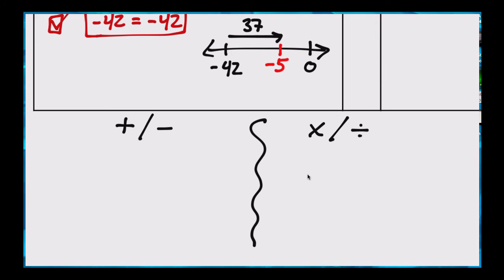Okay? Now, Miss Berg brought to my attention a really useful tool for the multiplication division ones, and that is that if you draw a triangle like this, and you put a negative and a positive, you can actually use that to help determine what your answer will be when you're multiplying and dividing. Here's how this works. If you cover up